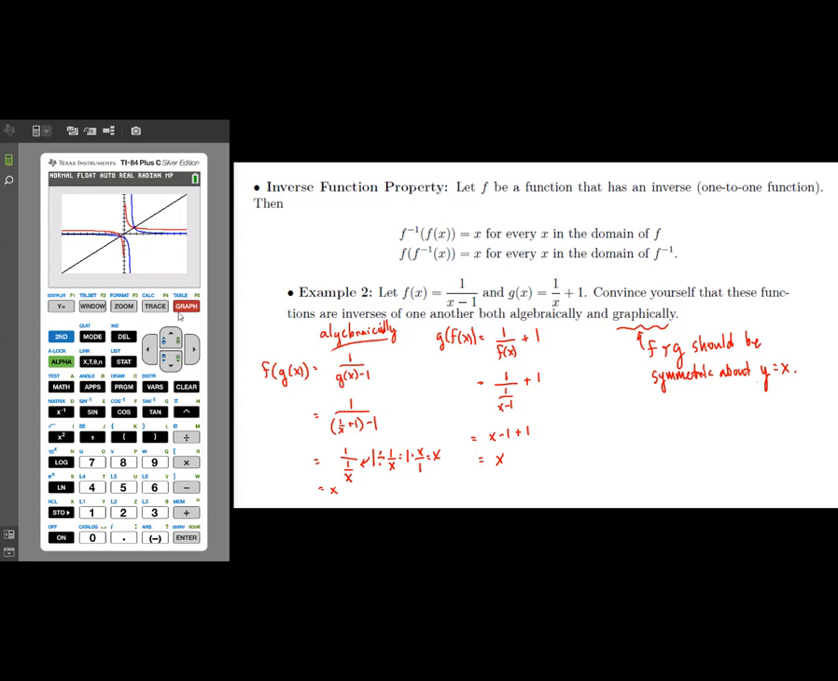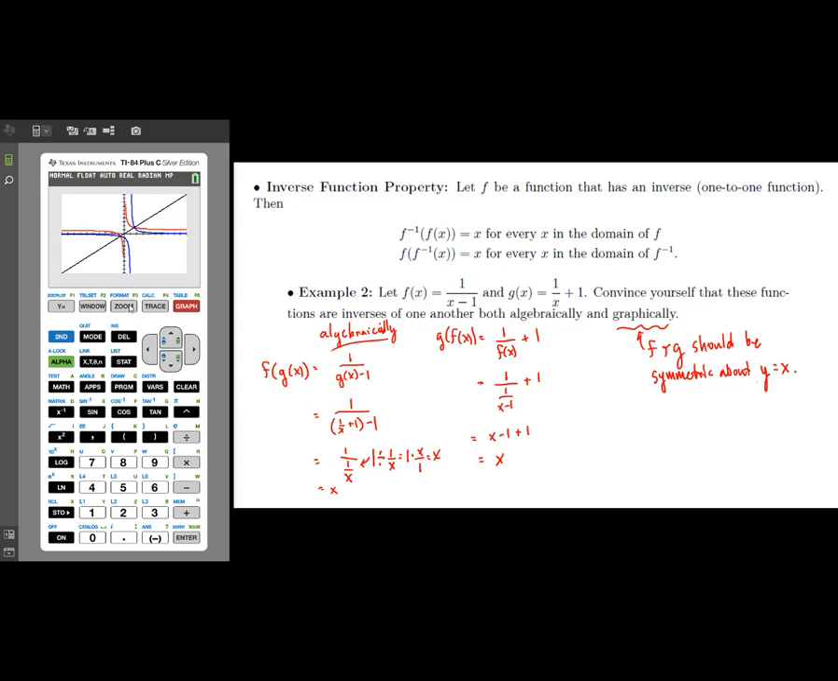Right now, it kind of looks like maybe they're symmetric about y equals x, but at the same time, I'm not entirely sure. The reason that it doesn't look quite perfect is because on a graphing calculator screen, the y value notches are automatically closer together than the x value notches. And so to really get a much better view of this and really be convinced that these are symmetric about